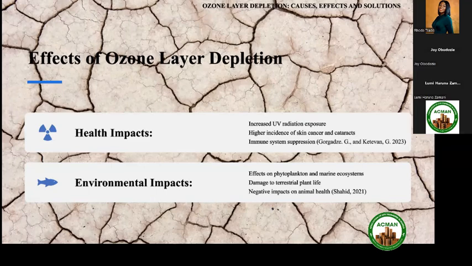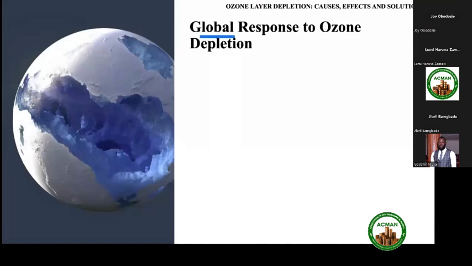It also affects animals as well as humans, as I've mentioned before. These animals depend on the plants that are being affected by UV rays, and they will not have enough food or foliage to take from the earth's surface, or the fish in the sea will not have enough from the marine ecosystem, thereby causing food insecurity, land degradation, and many other environmental hazards that we know of. So what is the global response to this ozone layer depletion?